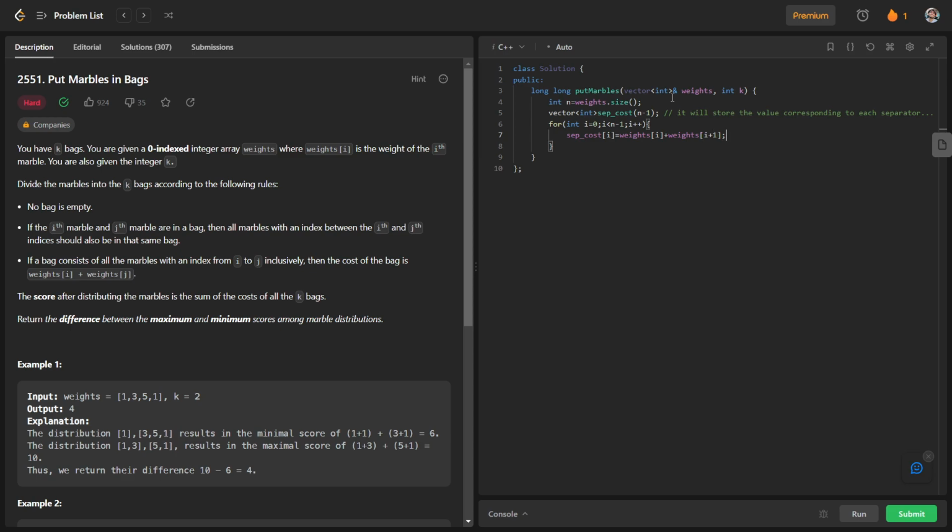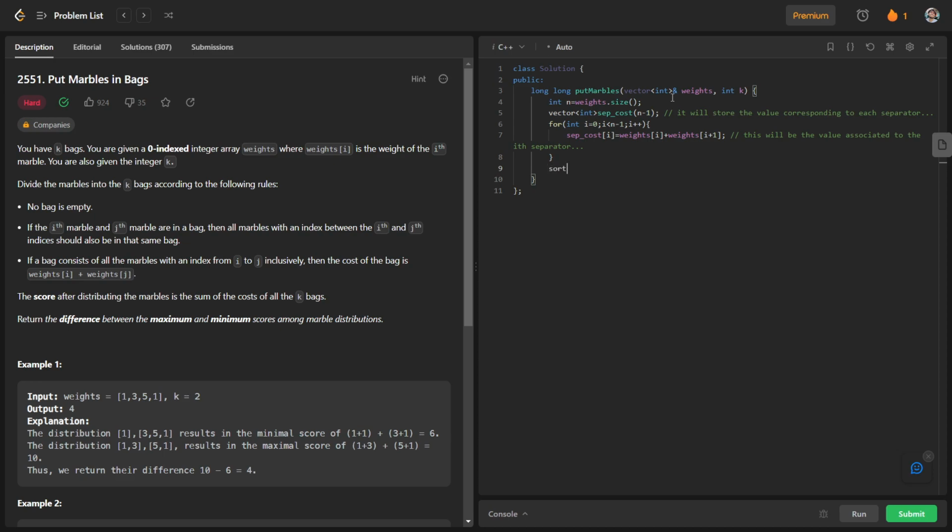So this is going to be the cost or the value associated with the ith separator. Okay, so I have basically found all the values which are associated with all n minus 1 separators.